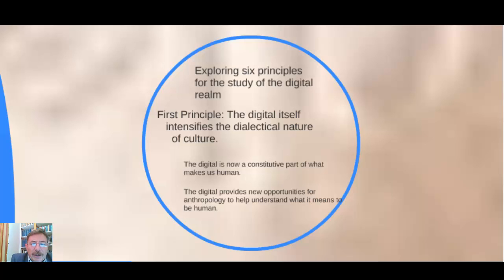If the word dialectics doesn't ring a bell, let me just remind you, it goes back to Plato, and dialectics means a bidirectional relationship that generates understandings, meanings, conditions. So when we have a dialectical relationship, you and I are similarly affected by what we both are doing. And culture is about this interaction. Interactionism, for example, is all about this interaction. And we have a clear sense in anthropology of the importance of this binary dialectical relationship and nature of culture.